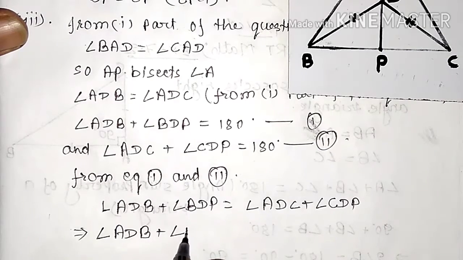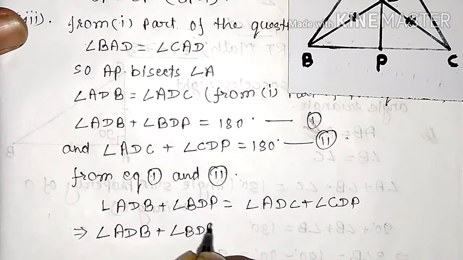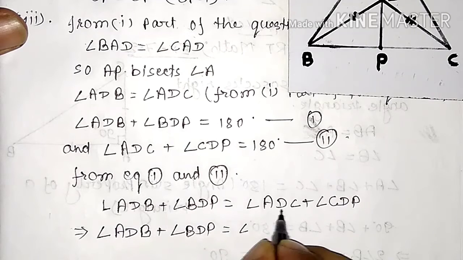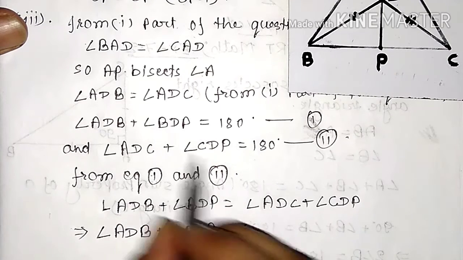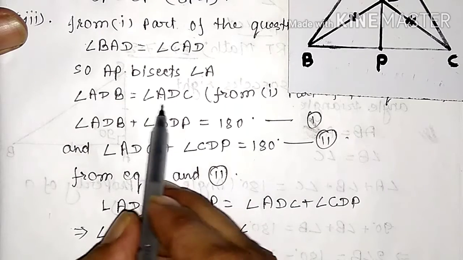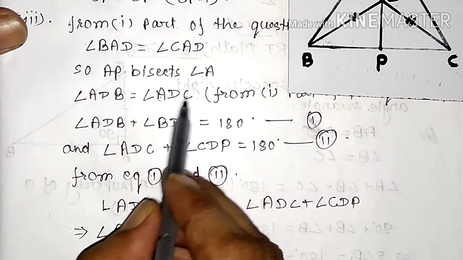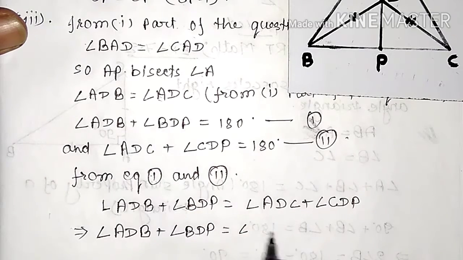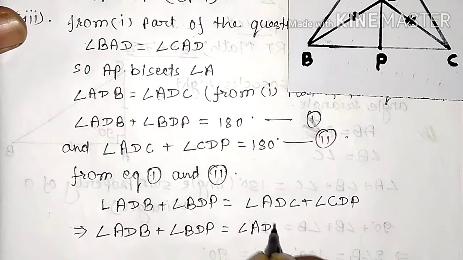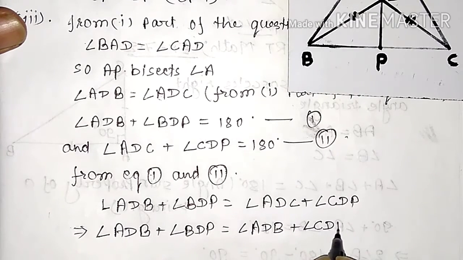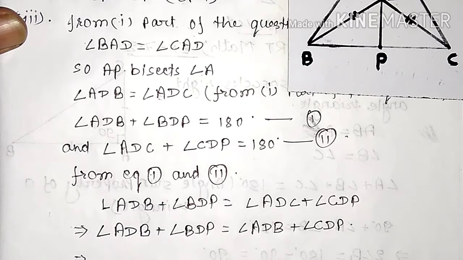Angle BDP is equal to angle ADC. In place of ADC we can put angle ADC is equal to angle ADB. So in place of angle ADC we can put ADB plus angle CDP. Now ADB